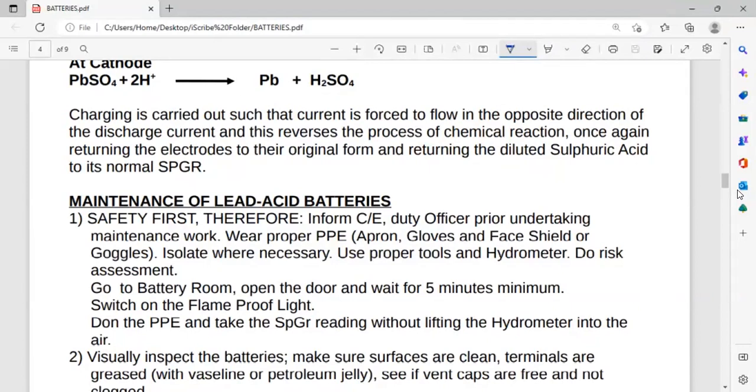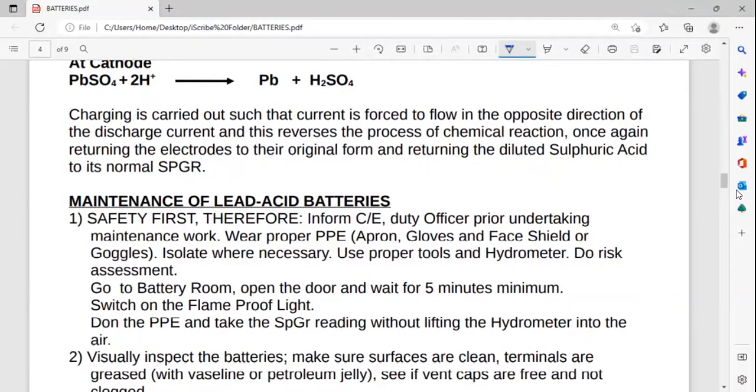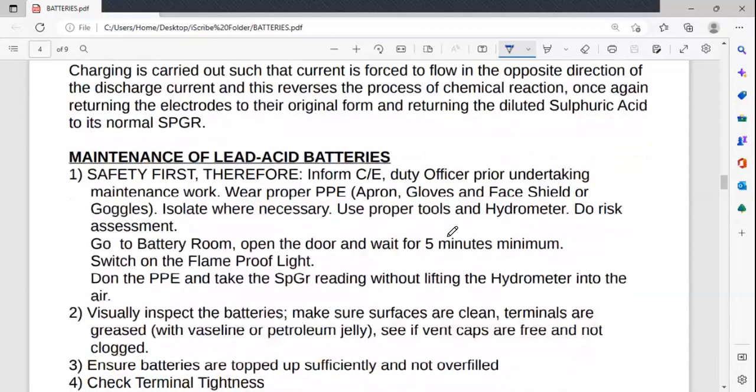Okay, air vents. So yes, you will get fogging up, but then what is more important, your eyes or the fogging up? So the goggles that are going to be used in this case will be without any vents at the side of those goggles. Okay, then you have to go to your battery room, open the door and wait for